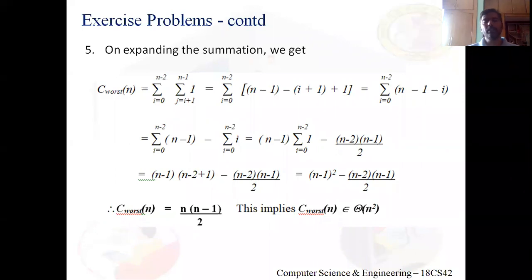And what is this n into n minus 1 by 2? It is n square minus n by 2. And what type of function is that? It's a quadratic. So this basic operation count C worst of n belongs to big theta of n square. And why again big theta? Because in the worst case, all possible